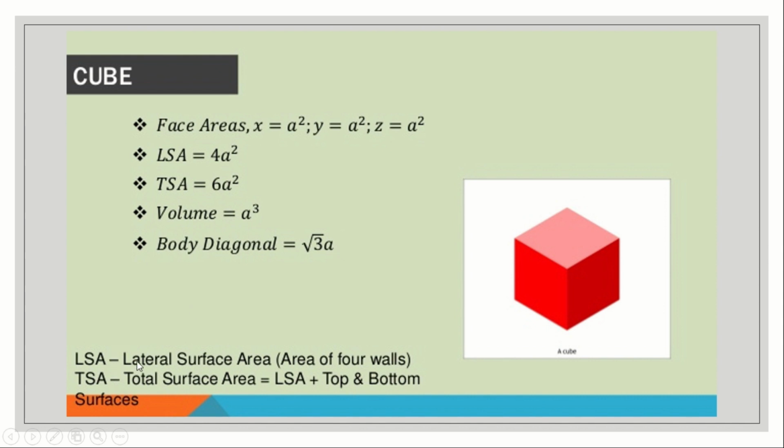So what is lateral surface area or curved surface area? It is the area of the 4 walls. You can see here, if you consider the shape's outer surface, without considering the inside, then the outer surface is called the lateral surface area. That is the area of the 4 walls. Next, total surface area is, along with this lateral surface area, if we take into consideration the top and bottom portions, then it is called the total surface area.